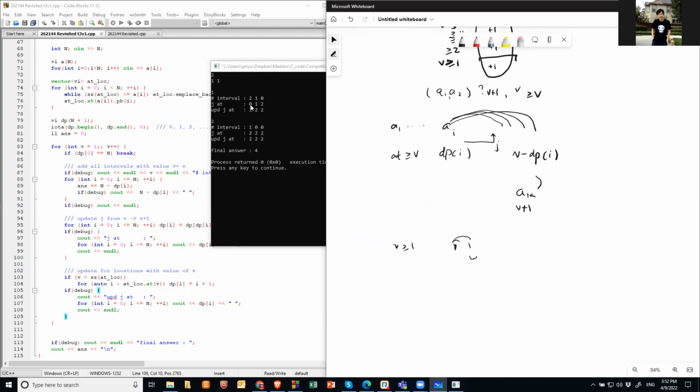Okay, so my J is 0 and 1, right? But then my initial J, right? Then because I look at 1, right? So I have to update it. So this becomes 1, and this, 0 plus 1, right? So it becomes 1, 2. So now